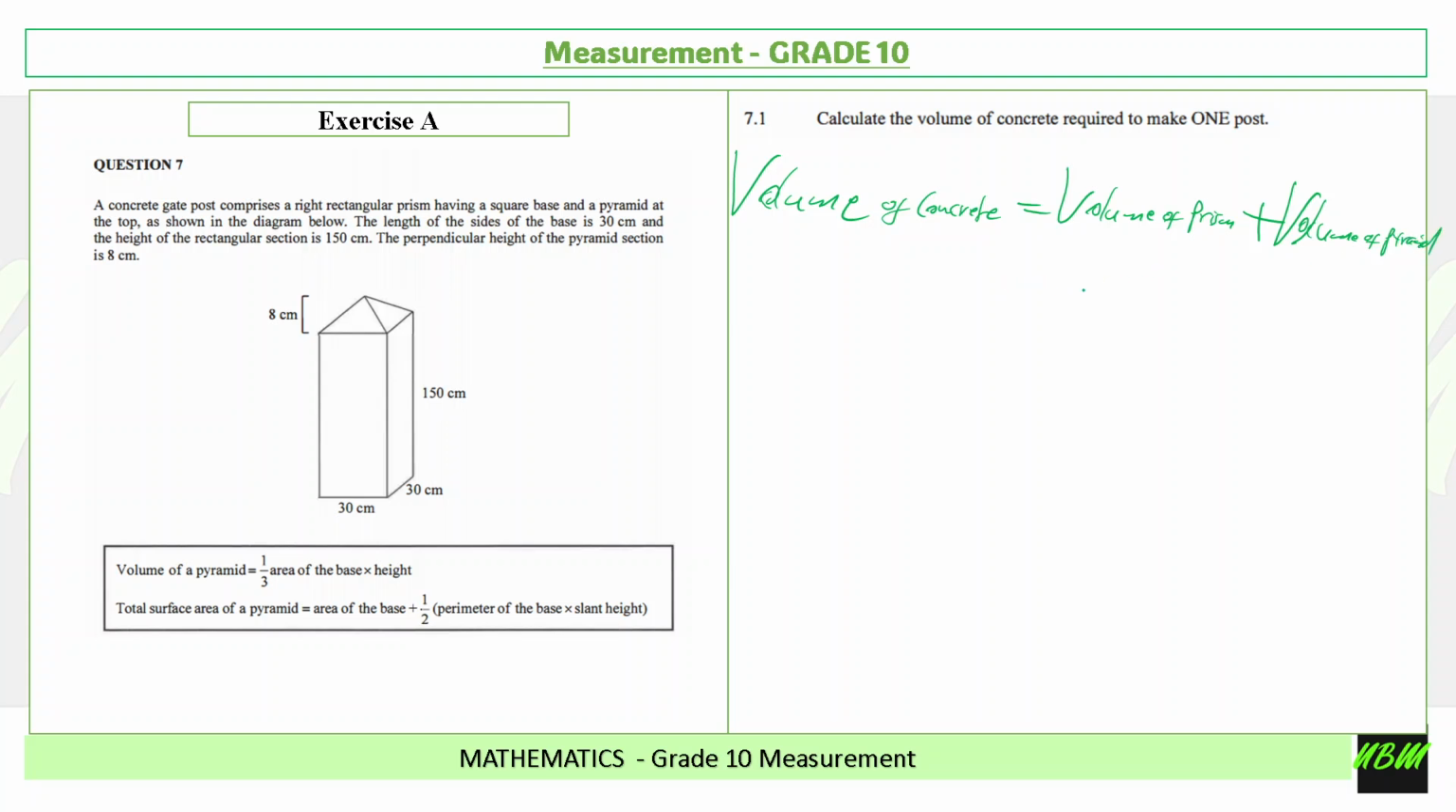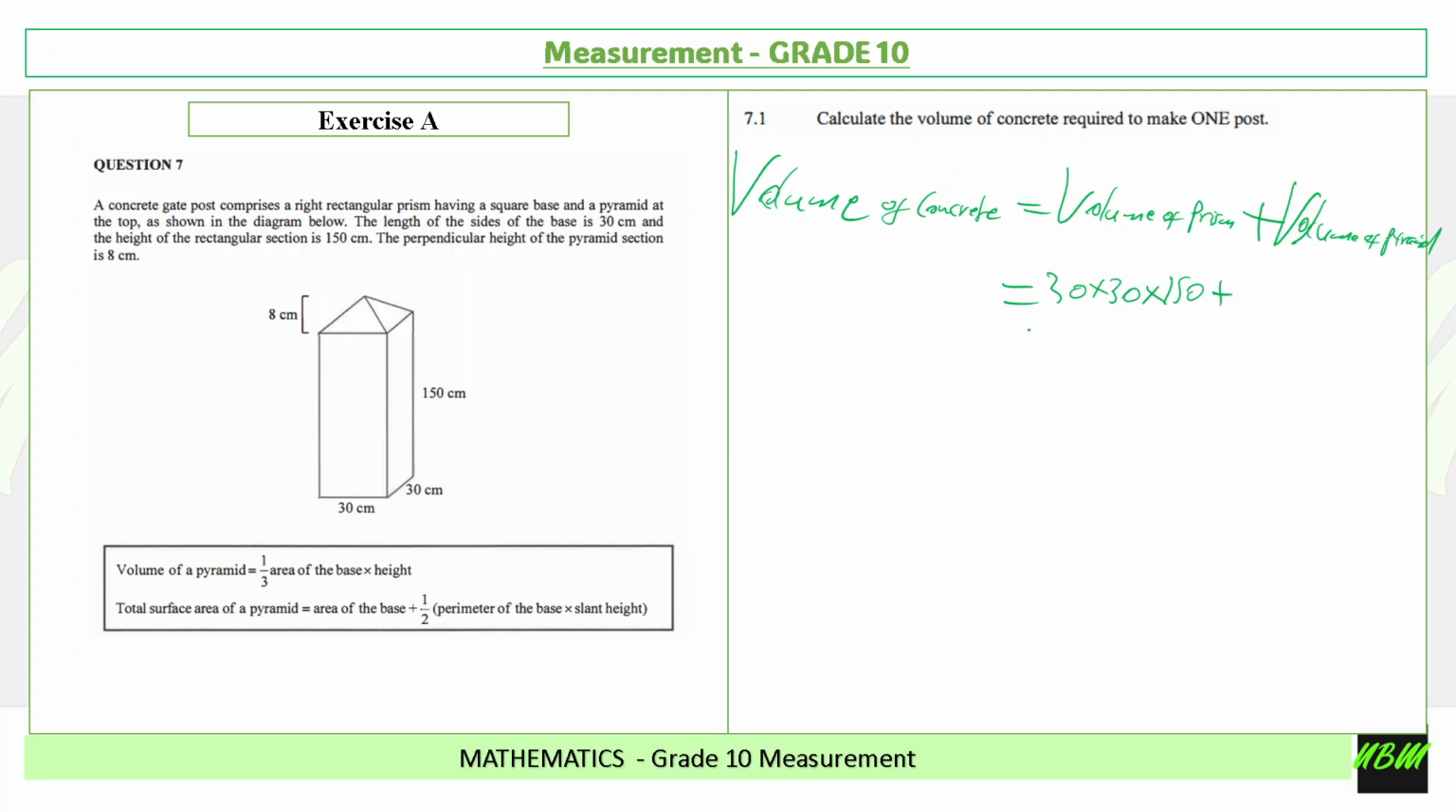Remember, our post is comprised of what? Of a right rectangular prism as well as a right pyramid. Therefore, this will be equal to, now what is the volume of a prism? Our rectangular prism, the volume will be area of a base multiplied by height. Base 30 multiplied by 30, area of the base multiplied by the height of the prism, 150 centimeters, 150, plus